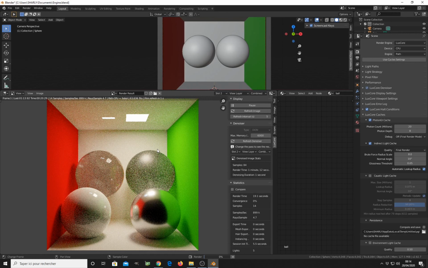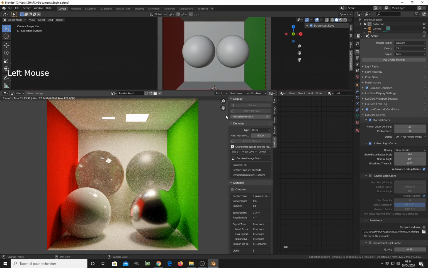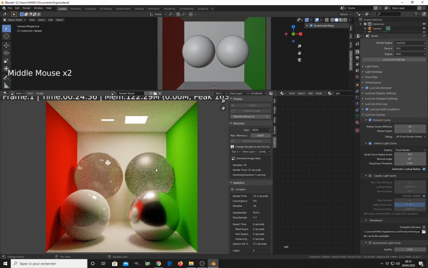So as you can see, after only 12 seconds, our render is cleaner than the first render that took 1.13 seconds. So in just 12 seconds we get almost clean walls. Okay, so you see that the parts of the render that take most benefits of caching,